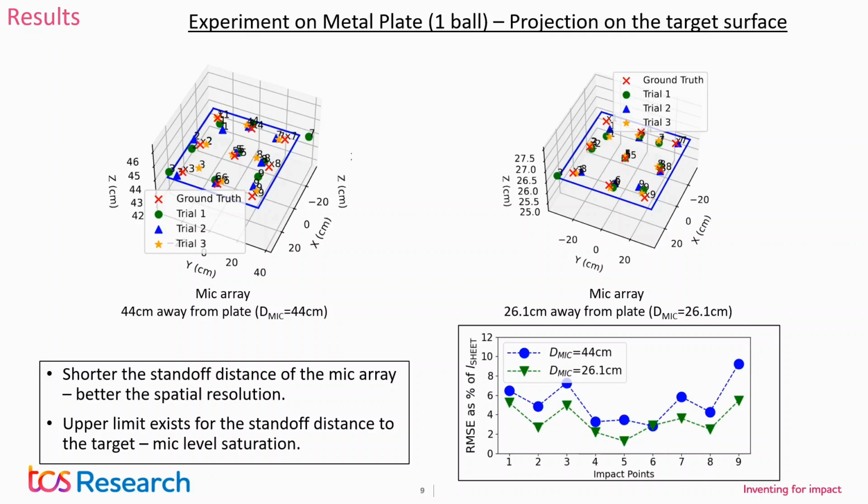However, there are 2 limitations of the placement. One is you cannot go very, very close to the target, because it is very obvious. If you are really, really close to me, you might not hear what I'm saying. In signal processing terms, it is called clipping. So the signal clips, so that gives you the lower bound. And you cannot keep a target here and keep the sensor like 3 blocks away from here, because then the sensor will not hear anything. So that gives you the restrictions of the lower limit and the upper limit.